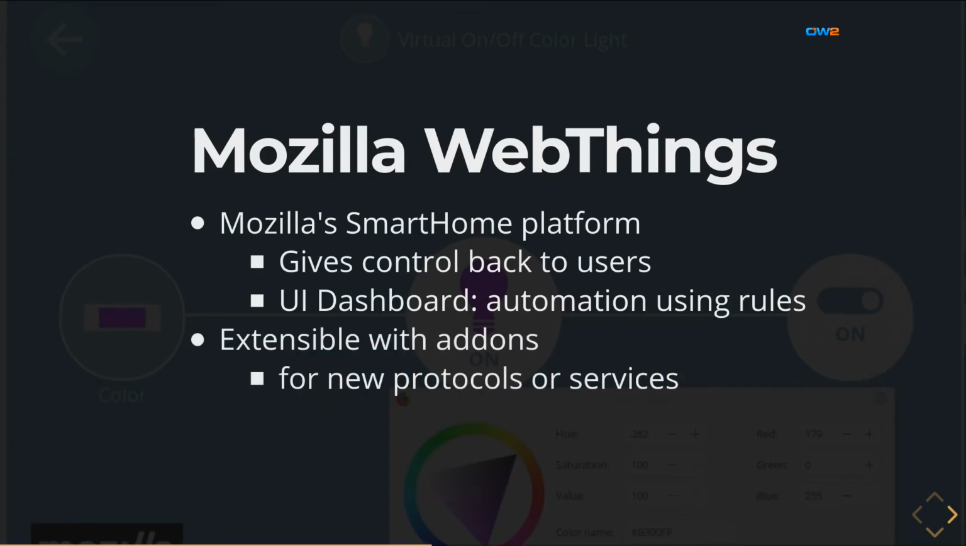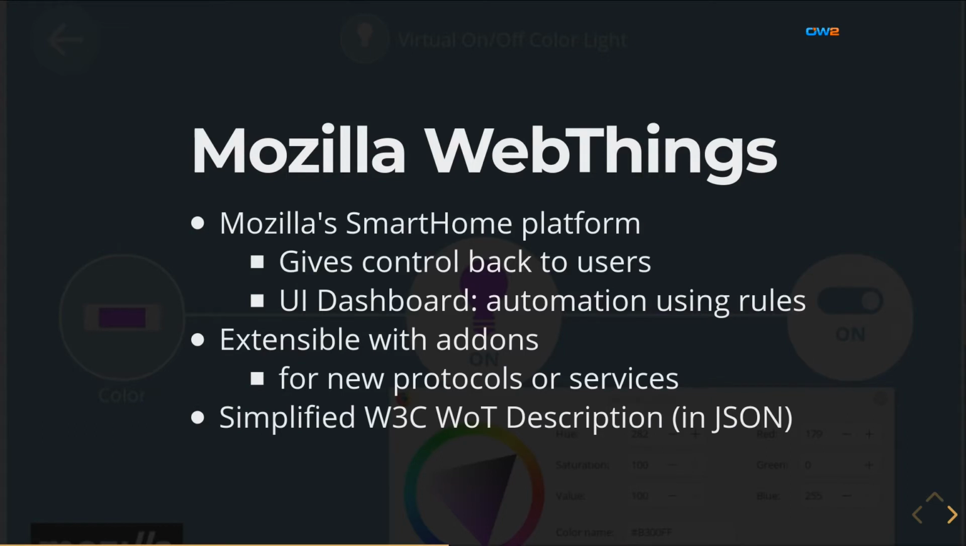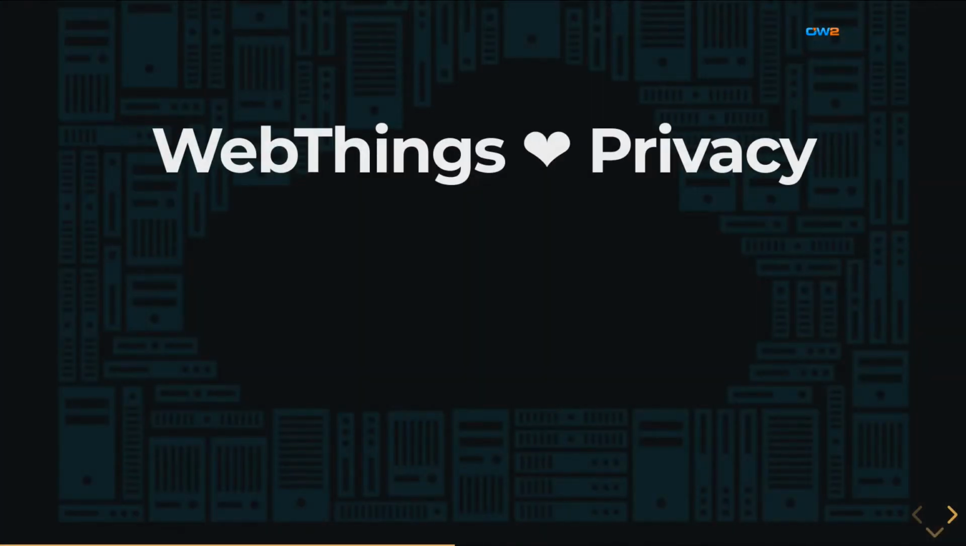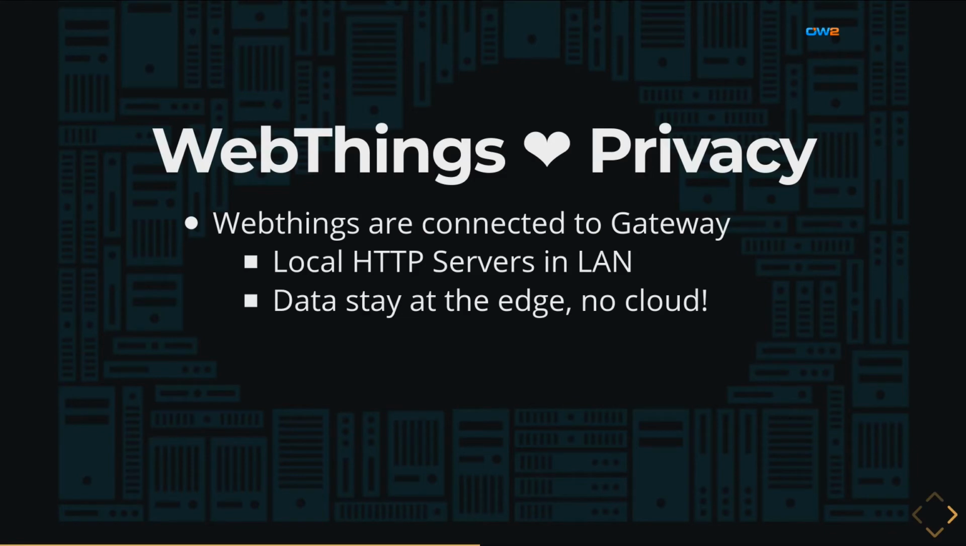And the platform itself is extensible with add-ons, so you can support new protocols or new services or some kind of new device or radio protocol, whatever you need. There is no limit to this. And for the record, it has been inspired by the Web of Things work and the simplified thing description using JSON schemas. So privacy is one of the key features of this WebThings platform because all the devices are connected